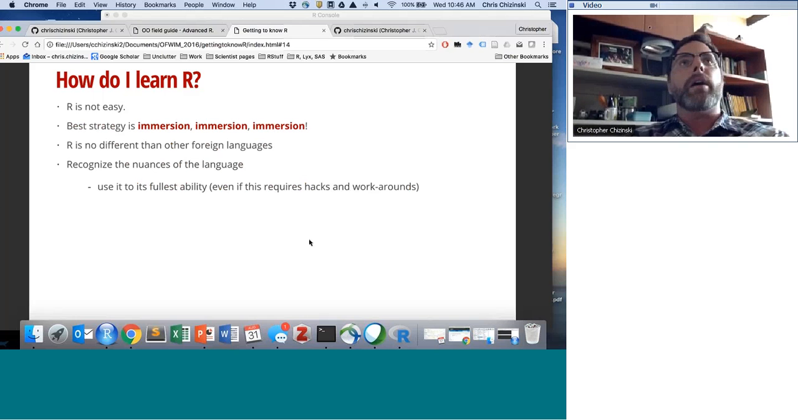Understanding what errors mean is a big thing, and this will allow you to use it to its fullest ability, even providing you the ability that if you need to hack something or find a workaround, you'll be able to do that. And I think that once you put the time into it, the payoff is huge because it opens up a huge world to you for all sorts of